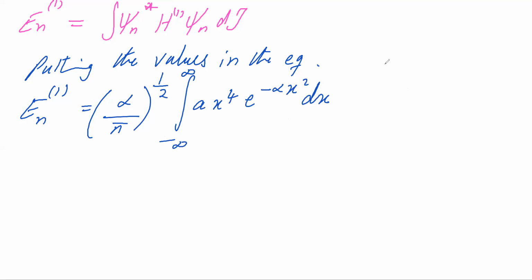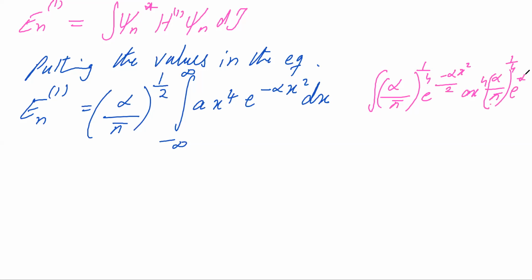ये इस तरह से था, alpha over pi raised to 1 over 4 into e raised to minus alpha x squared over 2 into ax raised to 4 into alpha over pi raised to 1 over 4 e raised to minus alpha x squared over 2. ओके, मैम ये जो है वो फिर 1/4 + 1/4 तो 1 over 2 हो जाता है। ओके मैम।